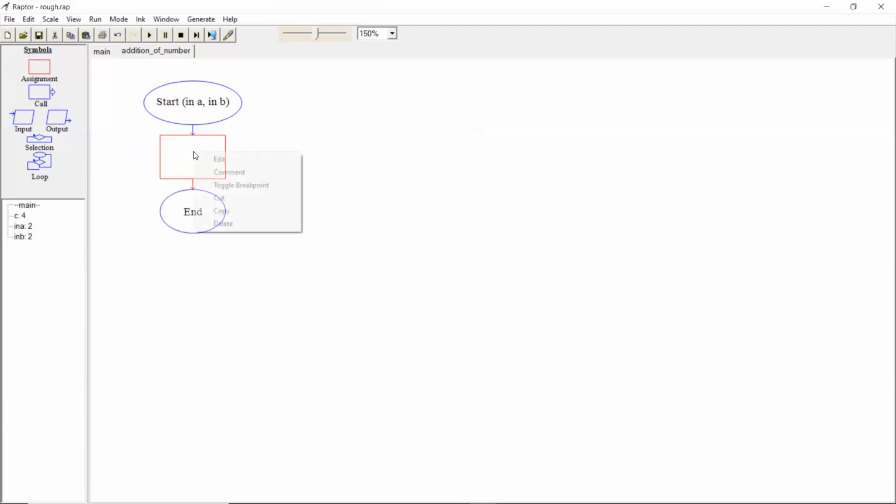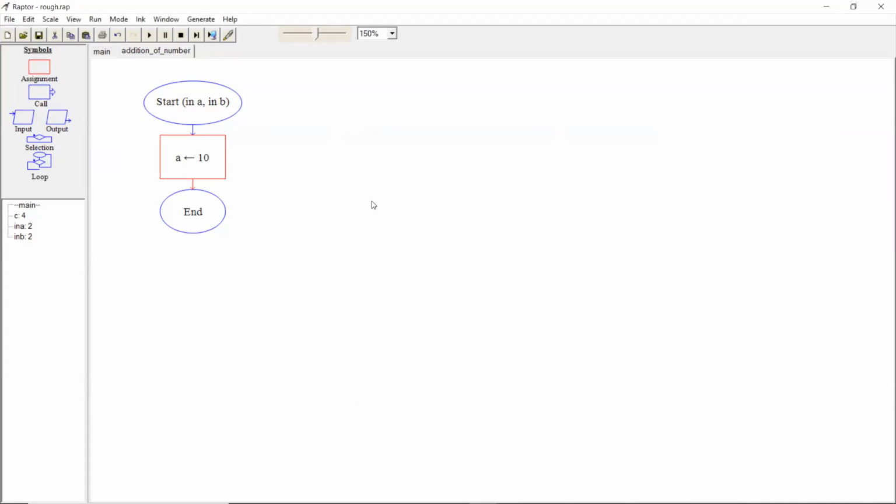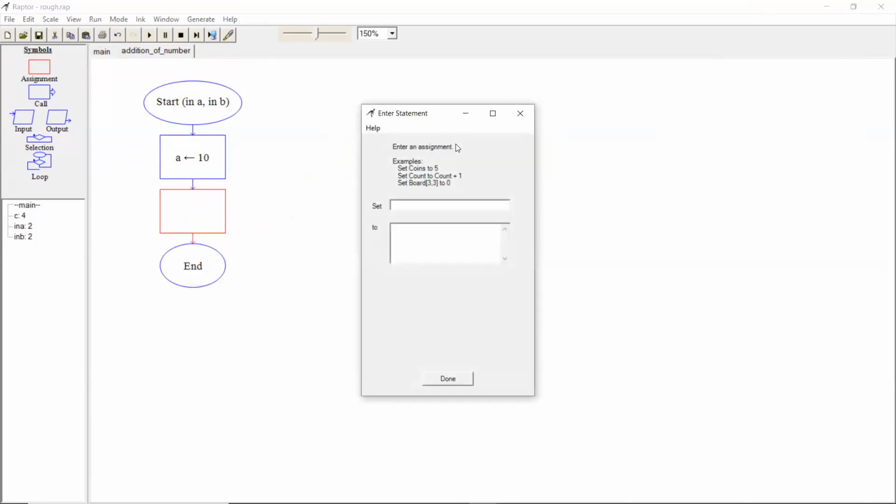Yes, sir. So set A to some number, maybe 10, 15, something like that. Okay, I did 10, sir. Done. Now shall I be doing it for B also, sir? Yes. Sir, then this is like rewriting the value, sir. Right, I will explain. It is not rewriting. The values will not change. Let us see.